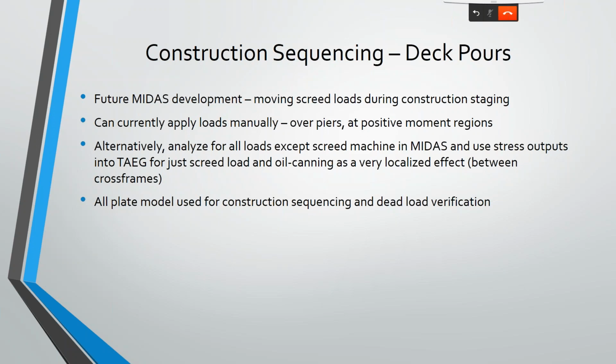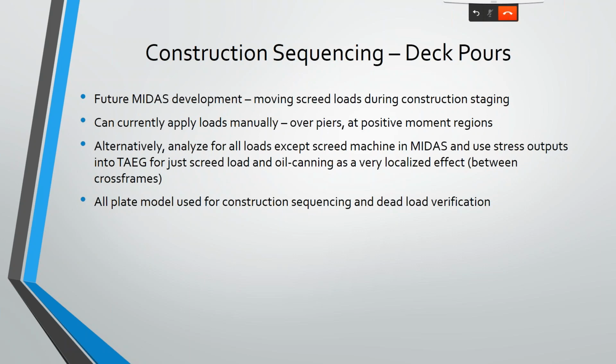for your screed loads. Alternatively, and this is what we did here, we analyzed all the loads except the screed machine in Midas, and then used the stress outputs of that in TAG, and then just ran the screed and oil canning as a very localized effect that's happening to just model that and analyze it. And we're well below our limitations. So because we were so much lower, we didn't feel that there's any need to go try to model that